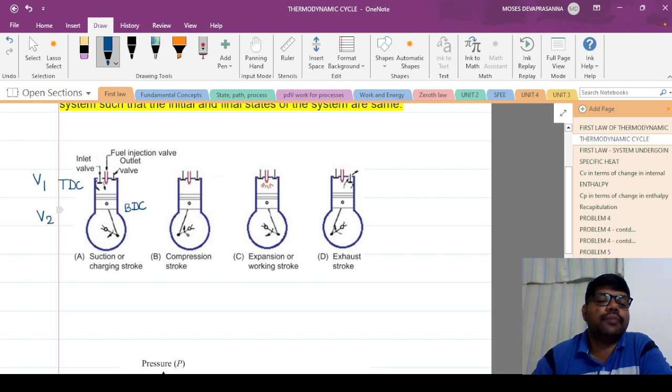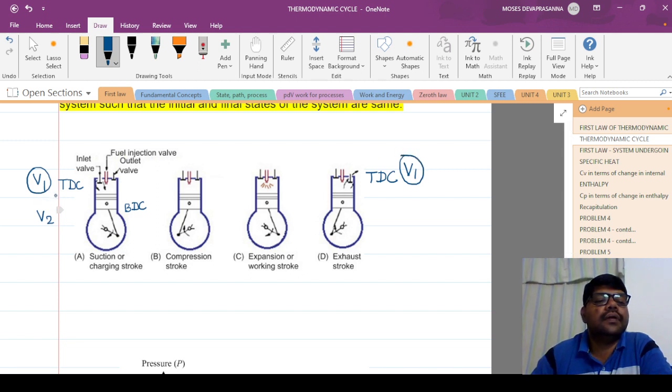Subsequently, during the compression stroke, the piston moves from BDC to TDC, and after that during the expansion stroke from TDC to BDC, and finally during the exhaust stroke, piston moves from BDC to TDC again. So at the end of the exhaust stroke, the position of the piston will be at TDC, where the volume of the gas inside the cylinder is V1. At the beginning of the cycle, the volume is V1, and similarly at the end of the cycle, the volume is V1,